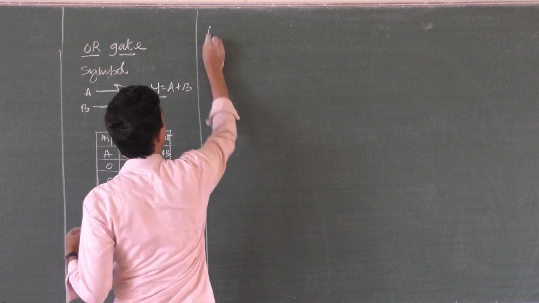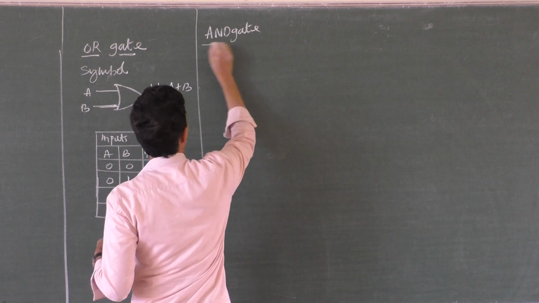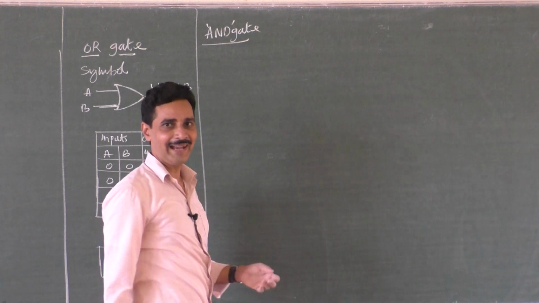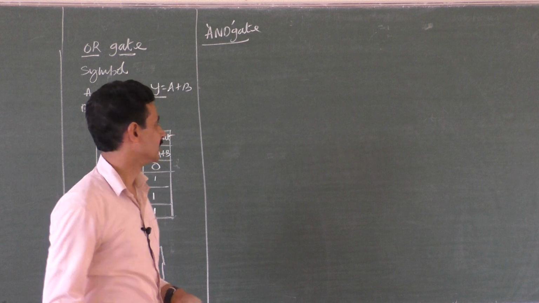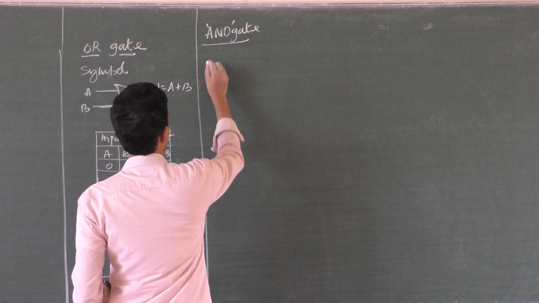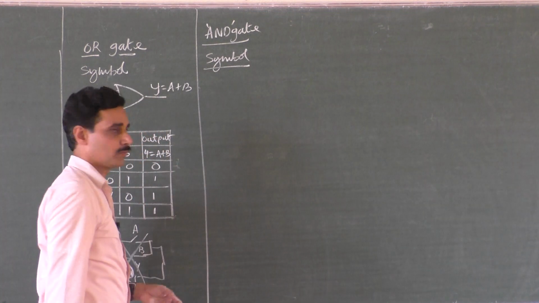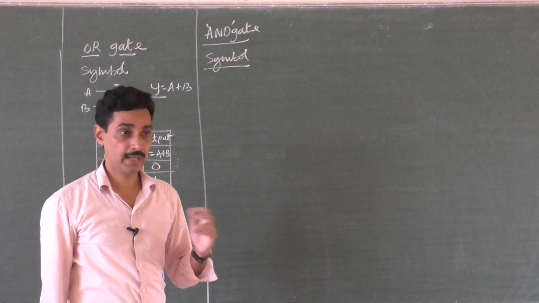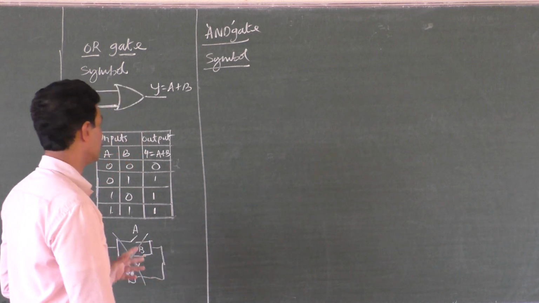What is an AND gate? An AND gate is a digital logic circuit. When you say AND, see your face, right? It will be stretched like a smiley. So an AND gate is a digital logic circuit which gives output 1 when all the inputs are 1. A and B and C and D, everything is on. Otherwise it doesn't give the output 1.